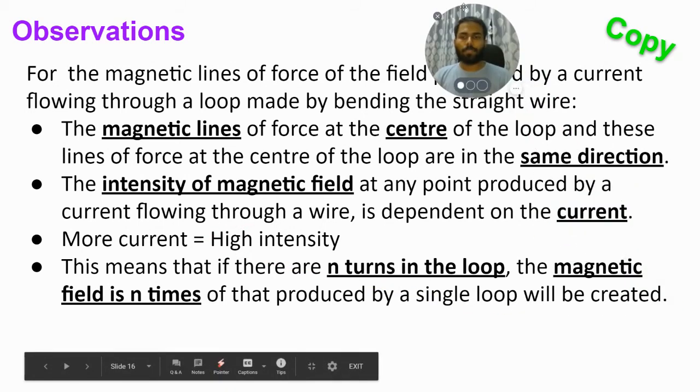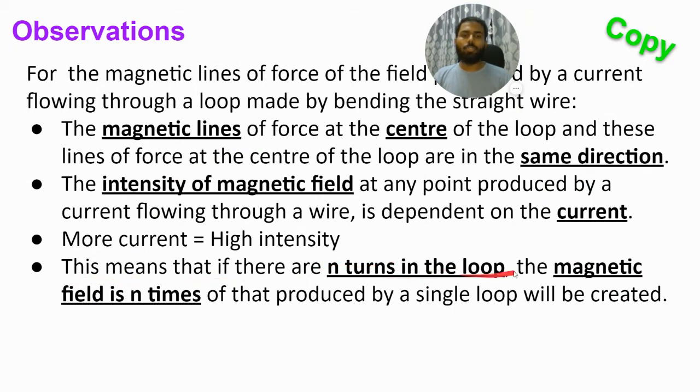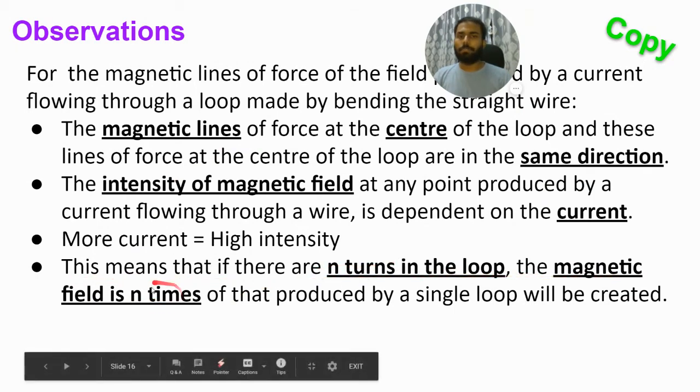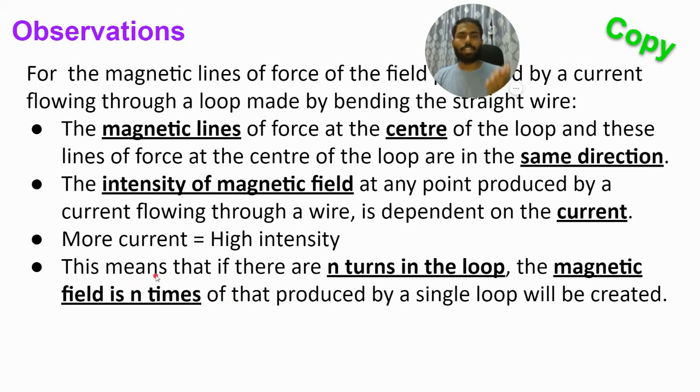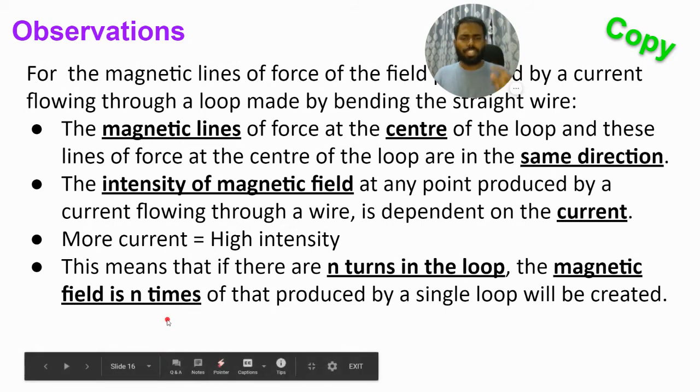Last, this means that if there are n turns in the loop, the magnetic field will be n times. Okay, so जैसे हम लोग ने देखा, right, करंट अगर ज्यादा होगा तो मैग्नेटिक फील्ड भी स्ट्रांग होगा। सो अगर समझो मैंने करंट डबल कर दिया तो मेरा मैग्नेटिक फील्ड डबल हो जाएगा। अगर मैंने करंट ट्रिपल कर दिया तो मेरा मैग्नेटिक फील्ड भी ट्रिपल हो जाएगा, राइट।